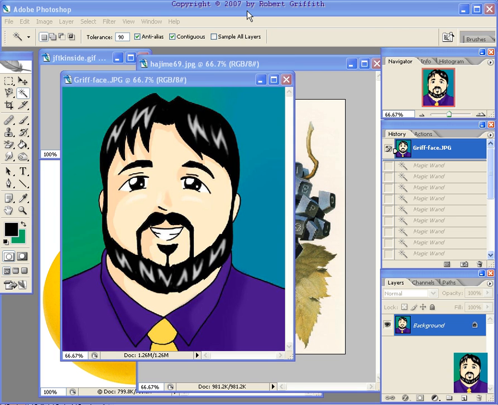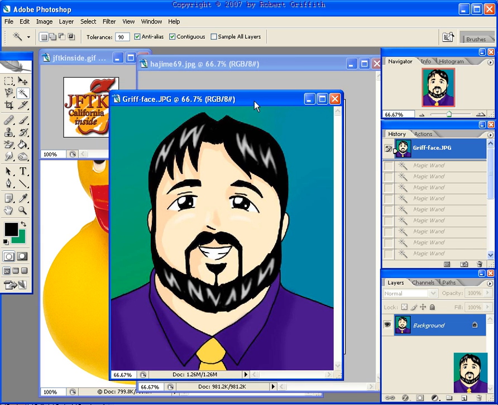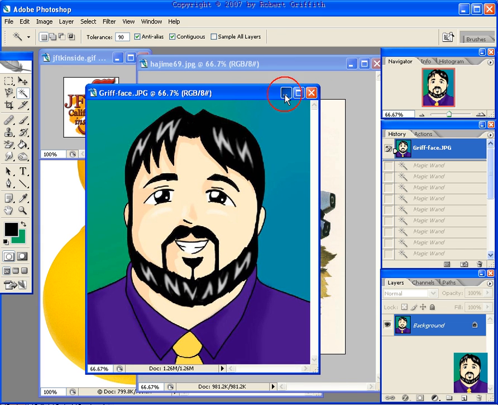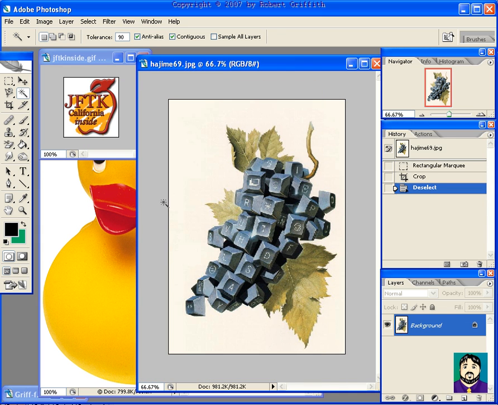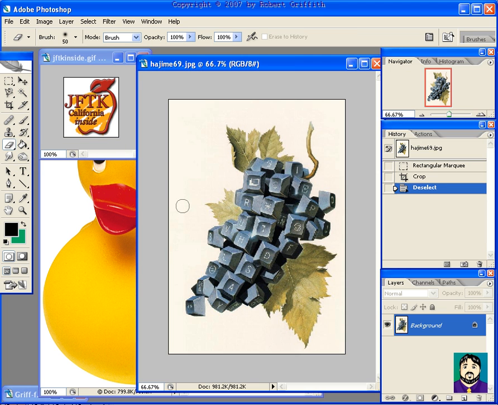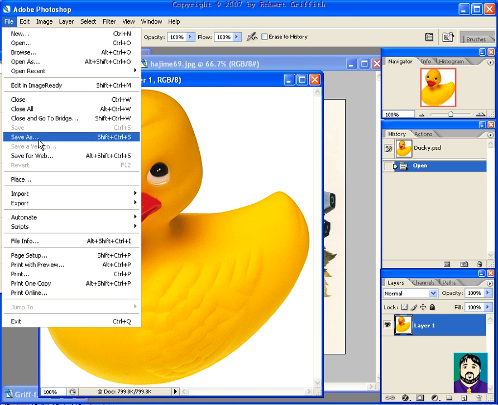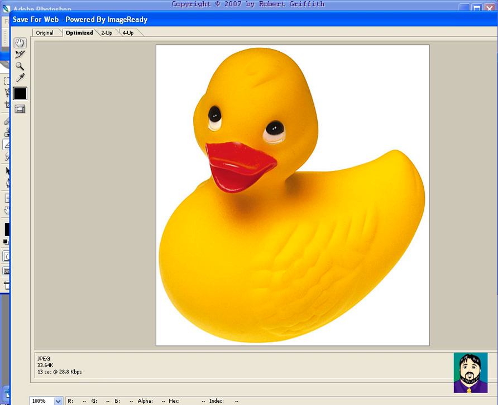Welcome back. Tonight's tutorial is a Photoshop tutorial, and what I'm going to be doing is going over a few things. One of them is dealing with different types of the eraser tool, and the other is saving things as a transparent GIF. For example, if you were going to put it on a web page, if I was to take this duck and then save it for the web here,